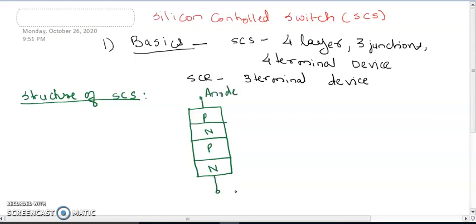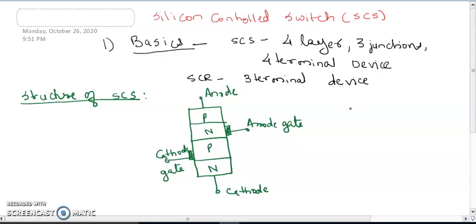To the N layer, the terminal which is connected is cathode 1. To the N layer, the doping is provided and the terminal is taken out, and that terminal is the anode gate terminal. To the P layer, again the terminal is taken out and that terminal is the cathode gate terminal.